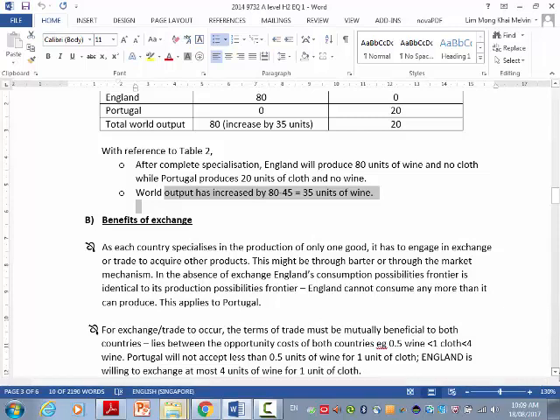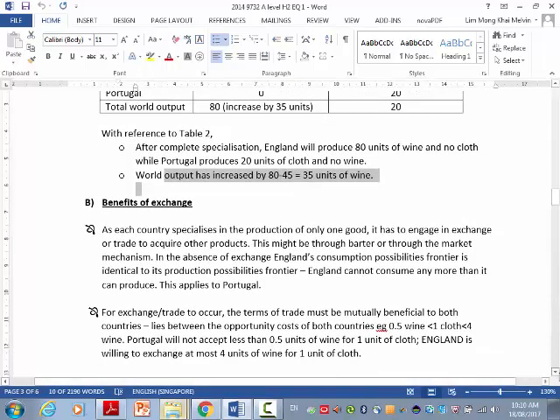I just repeated myself two times. Anyone got questions? Because this part here is where students are very weak, I'm telling you, based on experience. The theory of comparative advantage is the part where you all have a lot of problems. So you need to go and practice enough of this.